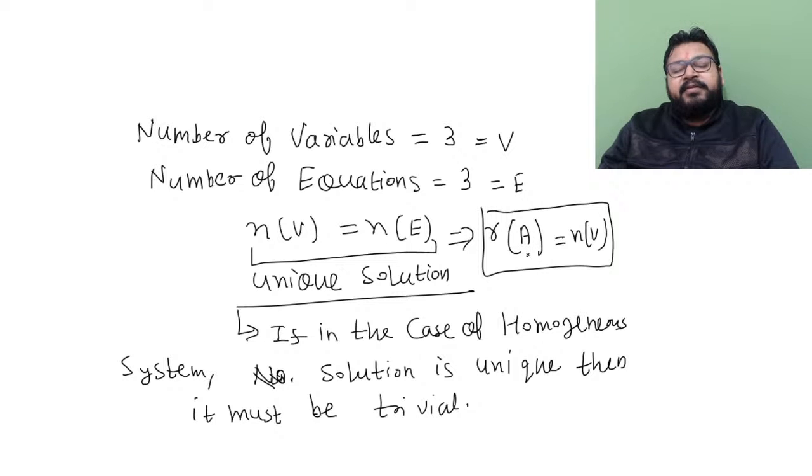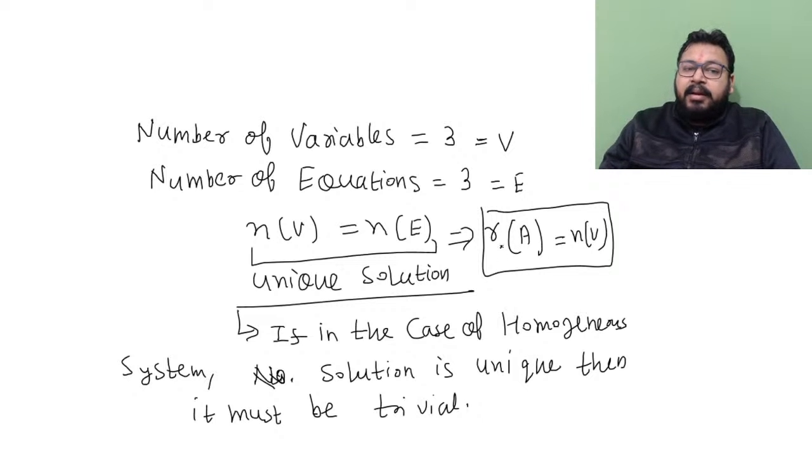So if the rank of A is coming out to be 3, it means 3 equations are independent. If the rank of A is 2, it means out of a given system of 3, only 2 equations are independent. And if the rank is 1, I can say out of the given system of 3 equations, only 1 equation is independent. That means the rest 2 of them depend on that.